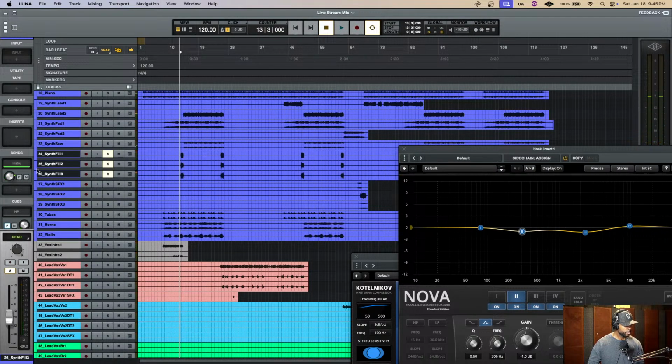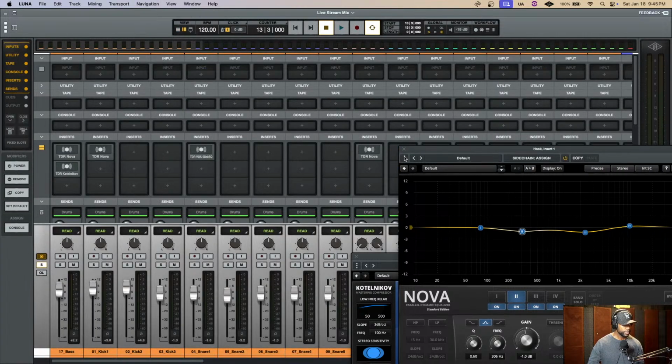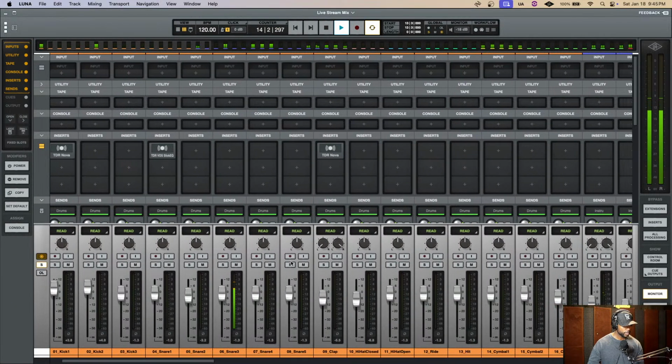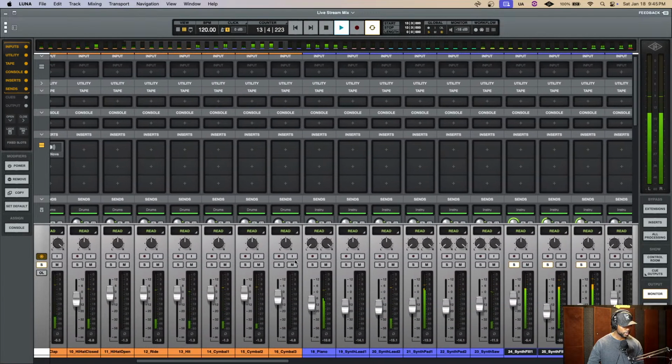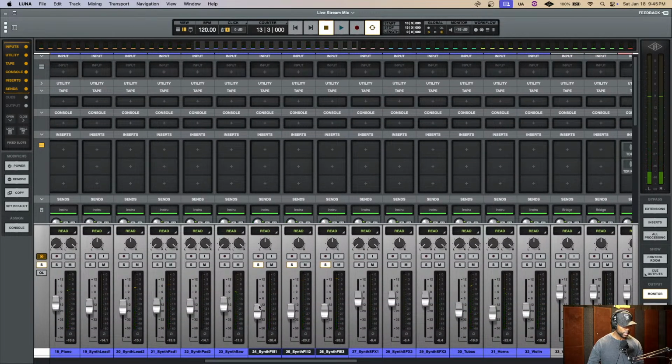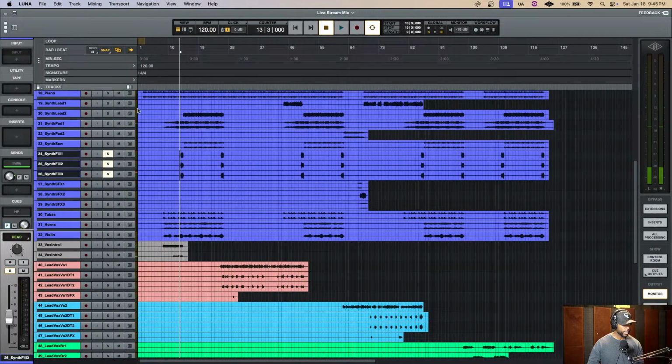Yeah, it's very present. So let me go into this window. Okay, so this one's a little higher than the other three. Let's see. Let's see how it sounds right now. If I take it out,